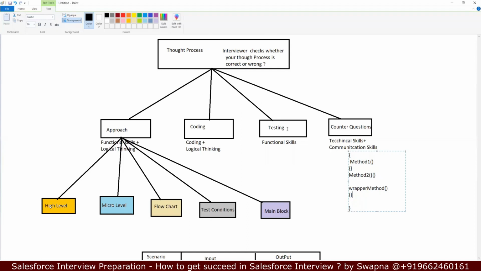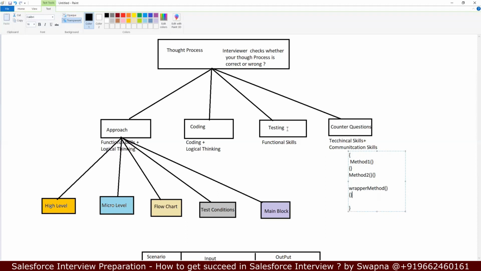So test the code with the different scenarios written in the approach. If anything is not working as per the scenario, then we have to go ahead and verify our code. If your code is perfectly fine, then look for the micro-level requirement: what is the flow chart and what are the test conditions. Maybe somewhere I missed it, and that's the reason my testing is not working. So think in that direction.